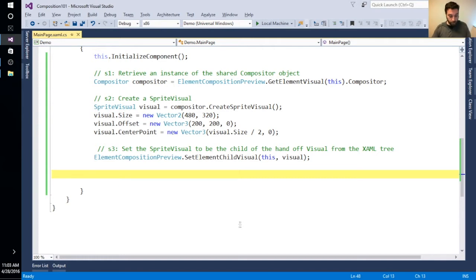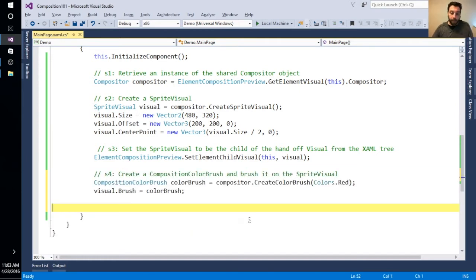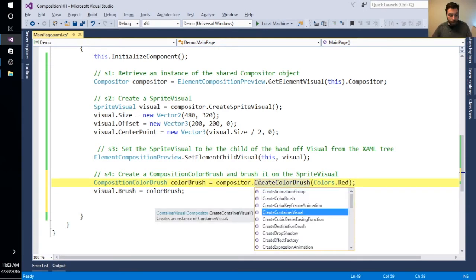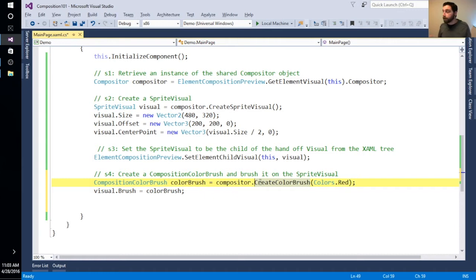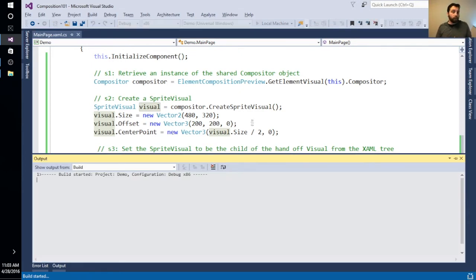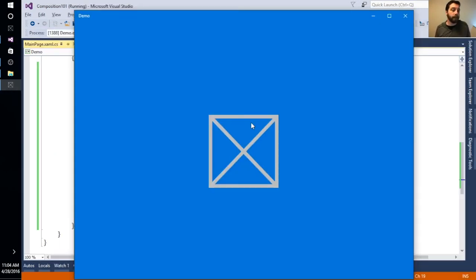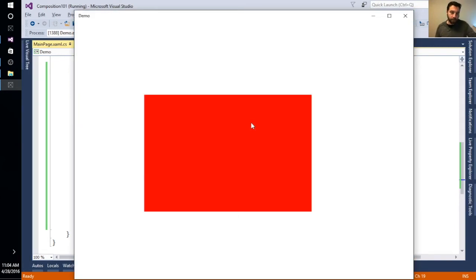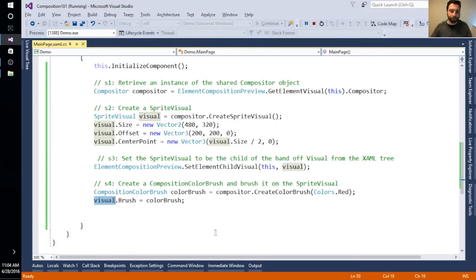And so let's type in this next line of code here, and let's create a thing called a color brush. We have other types of brushes too, so you can look through our API and see the types of brushes, but color is the most basic one. I'm just going to create a color brush here with the color red, and then I'm going to take that brush and apply it to our visual using the brush property. So now when I F5 this application, we should see a red visual in our application, in the middle there, offset from the left-hand corner. So there you go. I've created a visual, and now we've put it inside our XAML application.